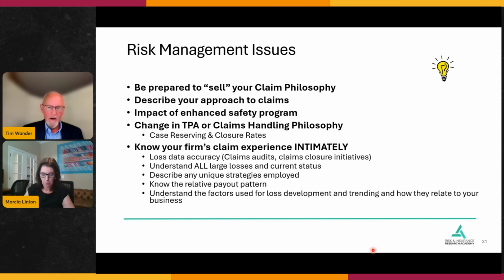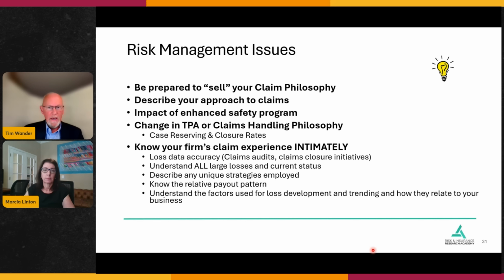practices? I've seen this before, where all of a sudden there was a change in reserving practices, and that made a significant change in the numbers that the actuary was looking at. And so they raised the question, wait a minute, how come this year looks so bad? Was it we changed our claim handling philosophy, claim reserving philosophy, our practices? We want to be able to understand what those are as the risk professionals. Note there,